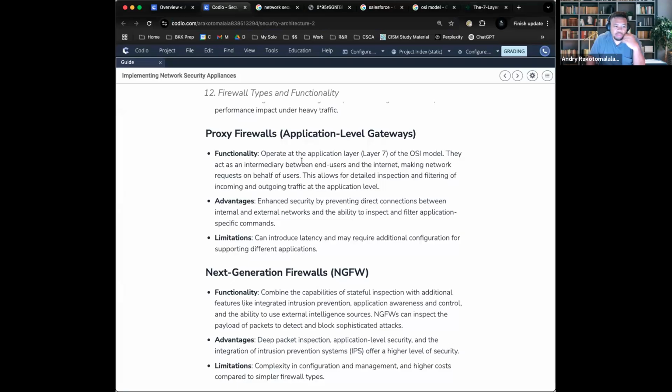So in this case, it's a proxy firewall. Now, the proxy firewall intercepts traffic and acts kind of like a middleman between the user and the service, right? A proxy is kind of like that middle person. The benefit is that it inspects the full content of the traffic. And it's really great because it's able to filter applications based on whether it's FTP or HTTP, okay? That's all it does. It's kind of like the middleman. The bad side is that it's a lot slower.